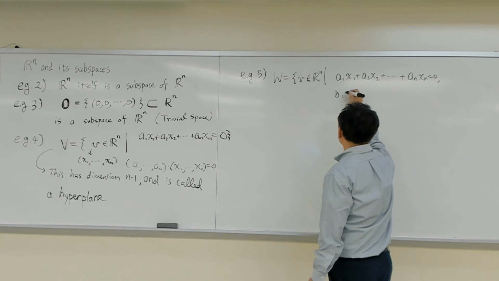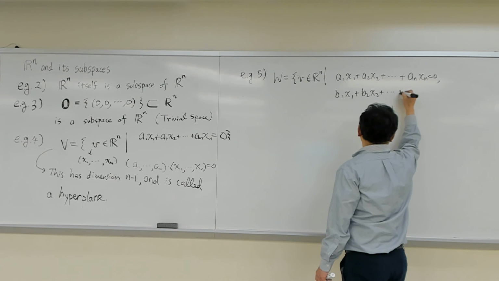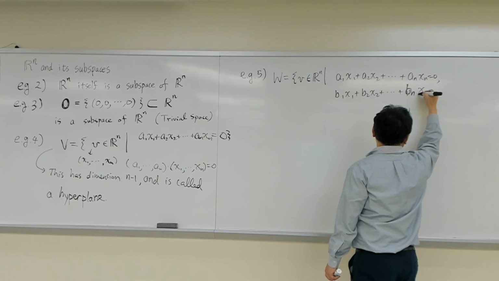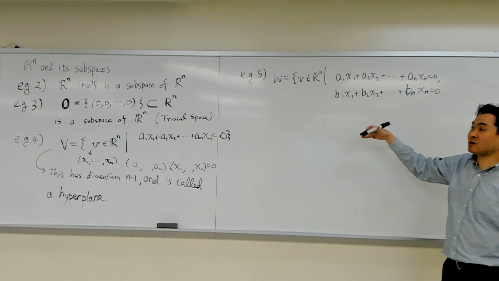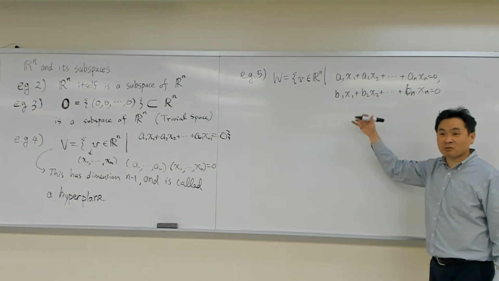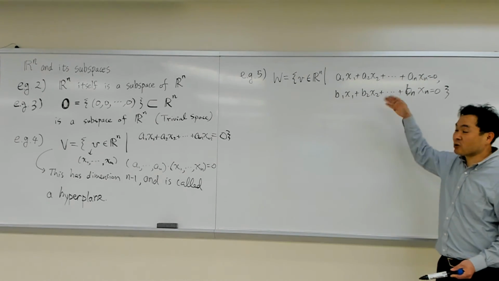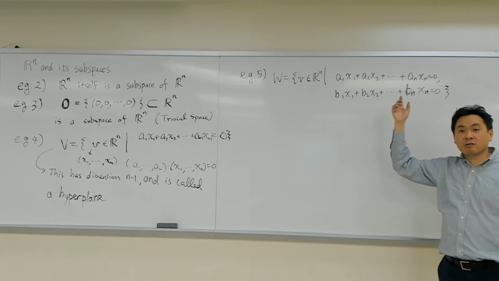You can have b1 x1 plus b2 x2, and so on, plus bn xn equal to 0, and then you can add more. You can have c1, d1, and so on. Let's just keep it short, just two of them, but you could add more. Okay. Now, if you just have two, then that's going to be